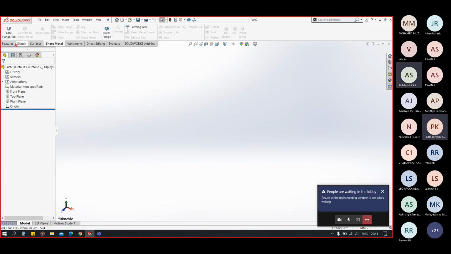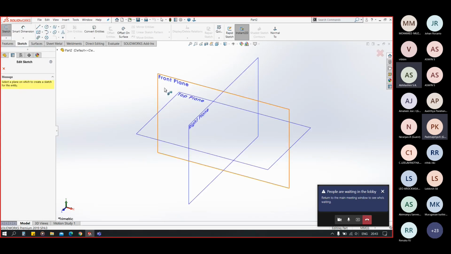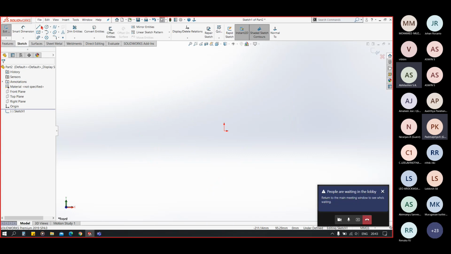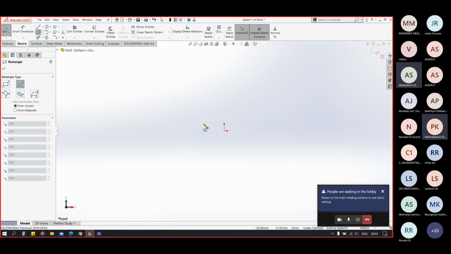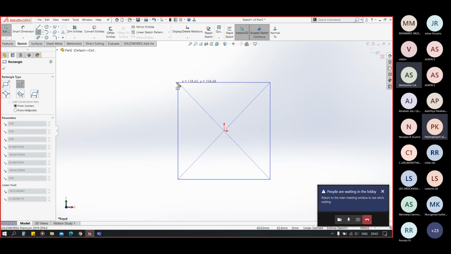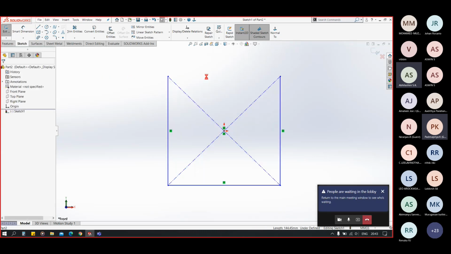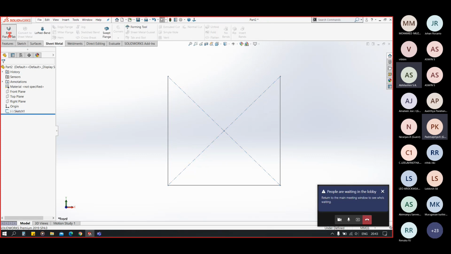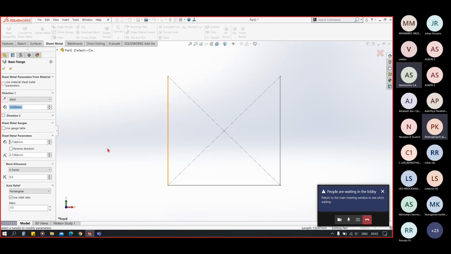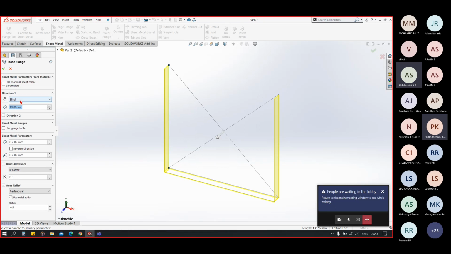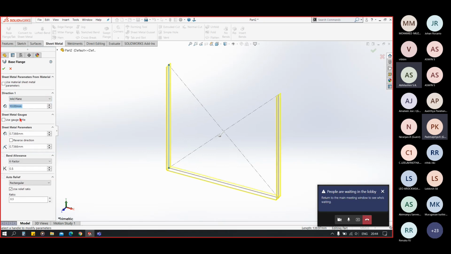Okay, now let me create a sketch for our base flange. We can have our direction.